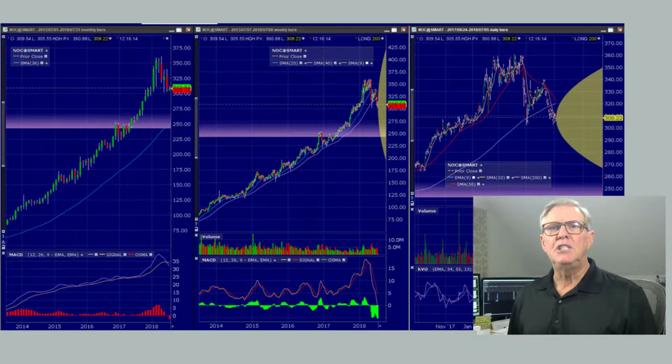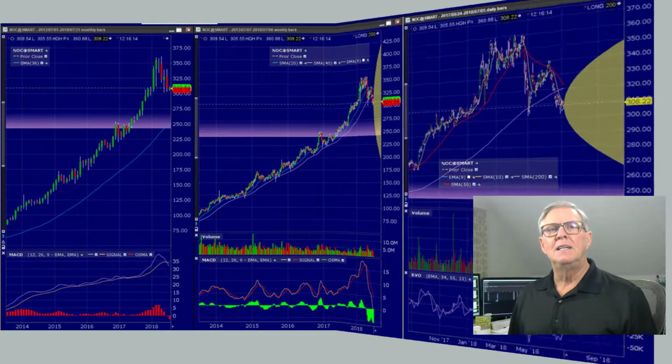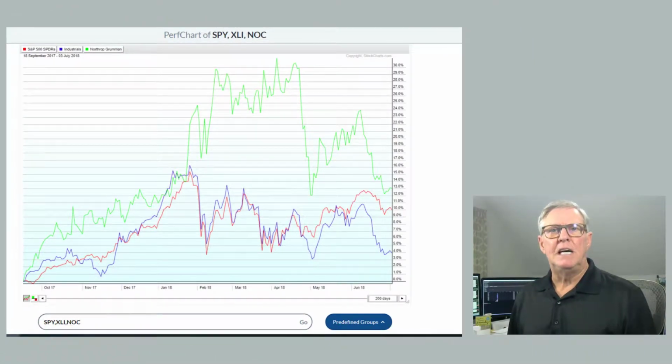NOC has enjoyed a very strong move up over the past 16 months, and it's likely there'll be some profit taken. This is evident in the topping pattern you see on the chart. This slide compares the performance of the S&P 500, the industrial sector, and Northrop Grumman. The green line at the top is Northrop Grumman, and you will notice in late April it made a sharp